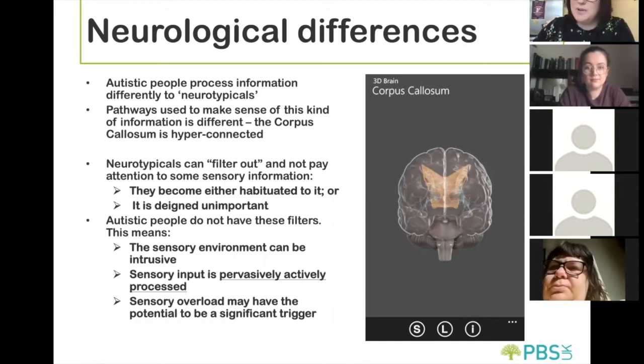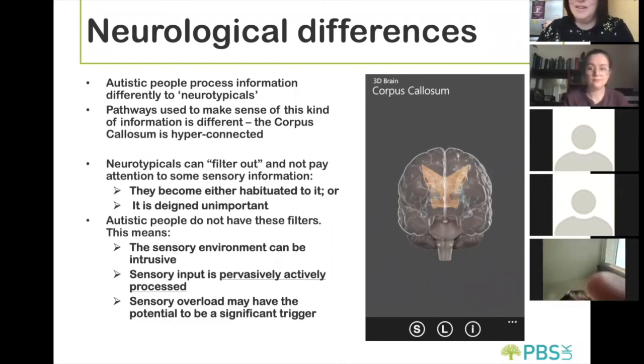Those of us who are neurotypical have the ability, through the way that we're wired up slightly differently, to filter out this thing that we're talking about, the sensory information that we've got going on around us most of the time. Not always, you know, I have to turn my stereo down when I'm doing a complicated bit of driving for some reason, but generally we're able to filter out too much sensory information quite effectively. We become habituated to it, so we don't notice it. Our brain deems it as being unimportant to us, so we're quite effective at doing that.